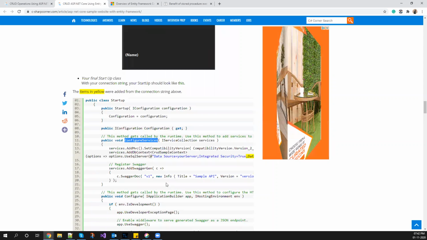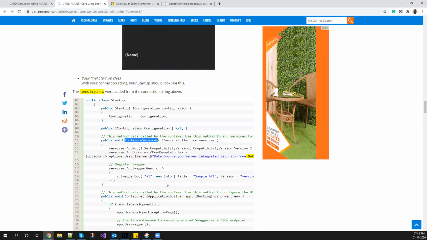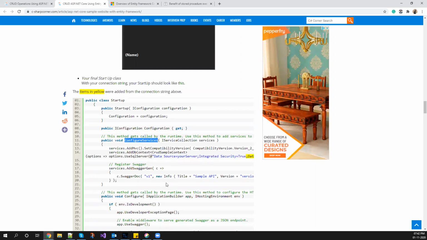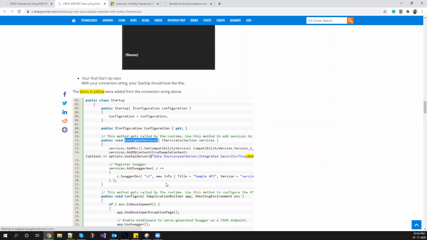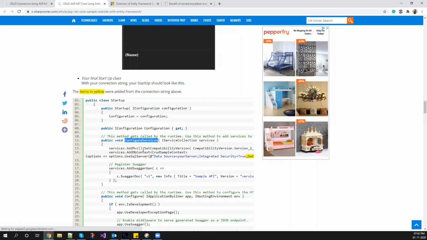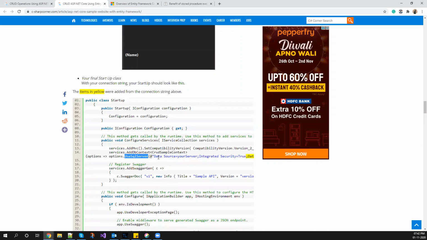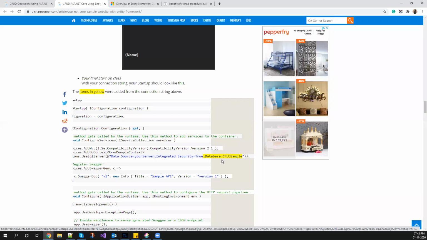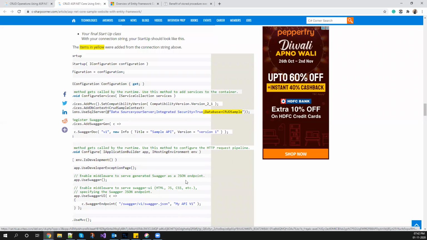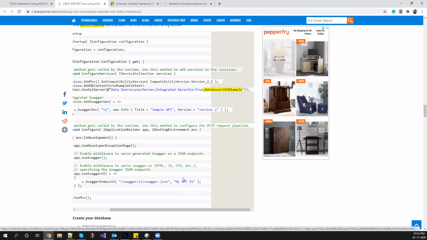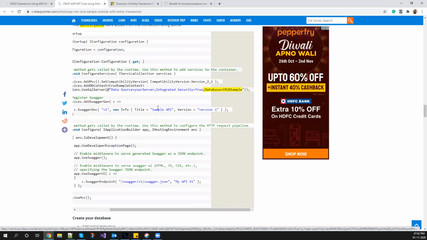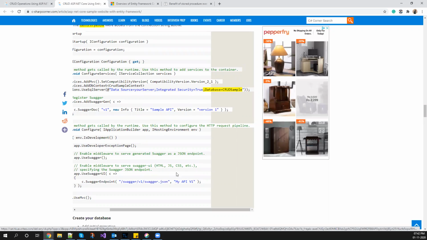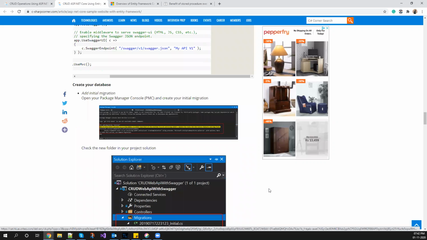Here we have ConfigureServices, which we have talked about earlier a lot. If you can see here, we have AddDbContext, which is the one we were looking for. And here we use UseSqlServer, and there again we are defining our connection string. So this is how in your dependency injection, you can specify what database you want to connect to and what server you want to connect to.